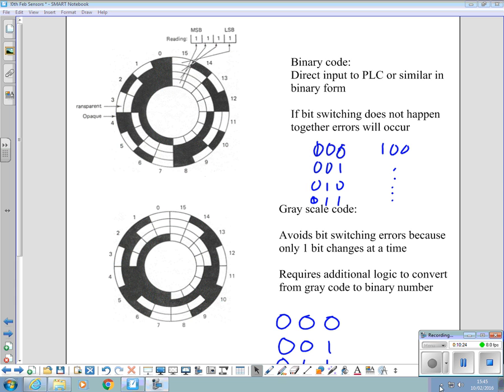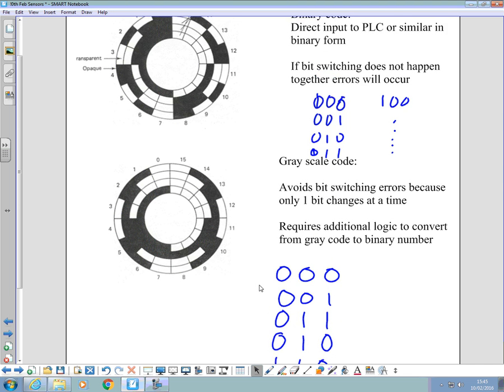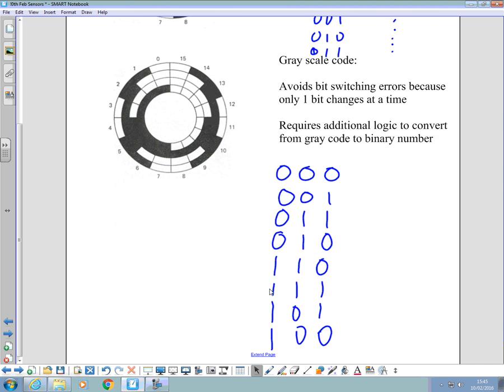So having the grayscale like that, where only one bit changes at a time, gets round the issue of having to make sure they time together precisely. However,